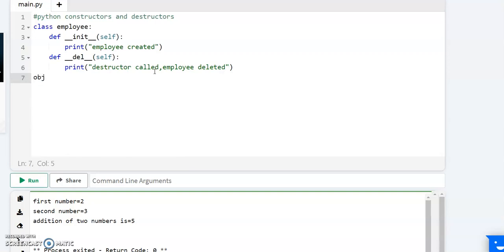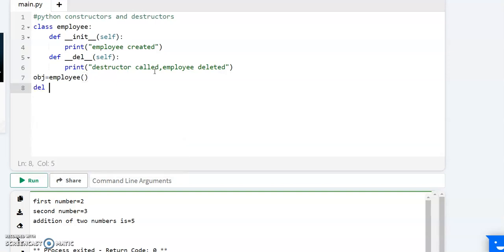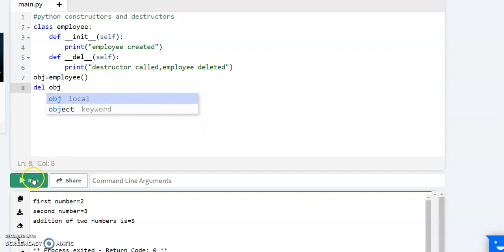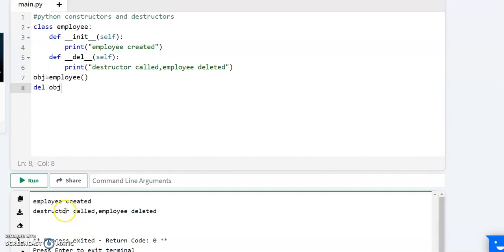After that you need to create one object, the object name I have taken as obj. Then you need to give the class name as employee, ending with parentheses. Finally I have been deleting the created object by using the del keyword.